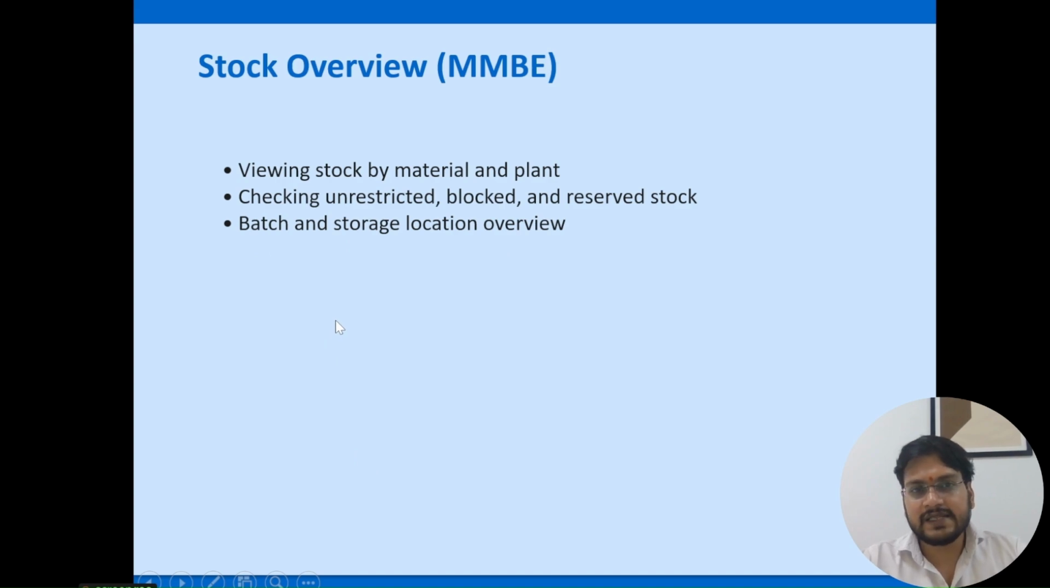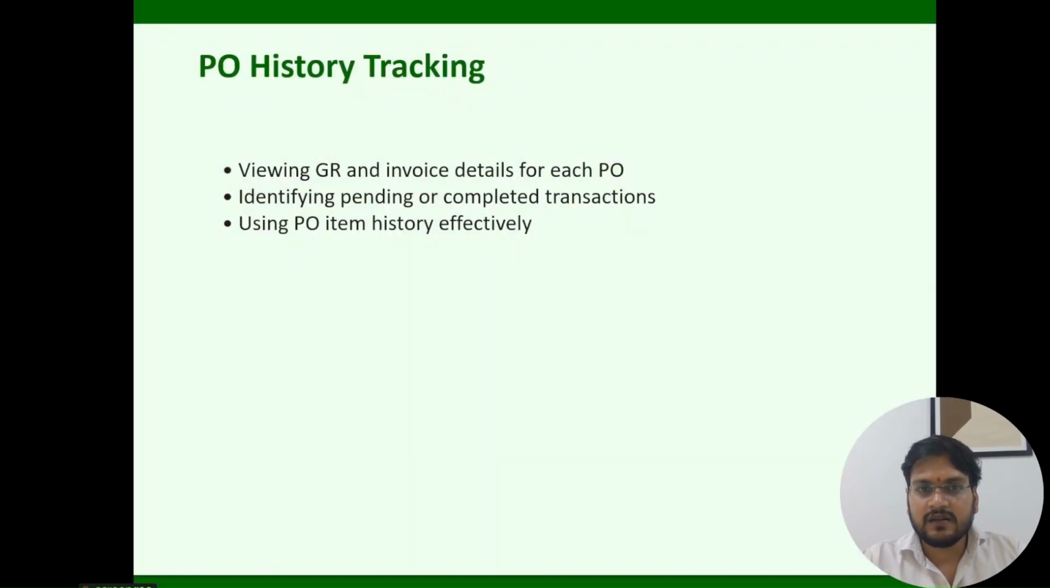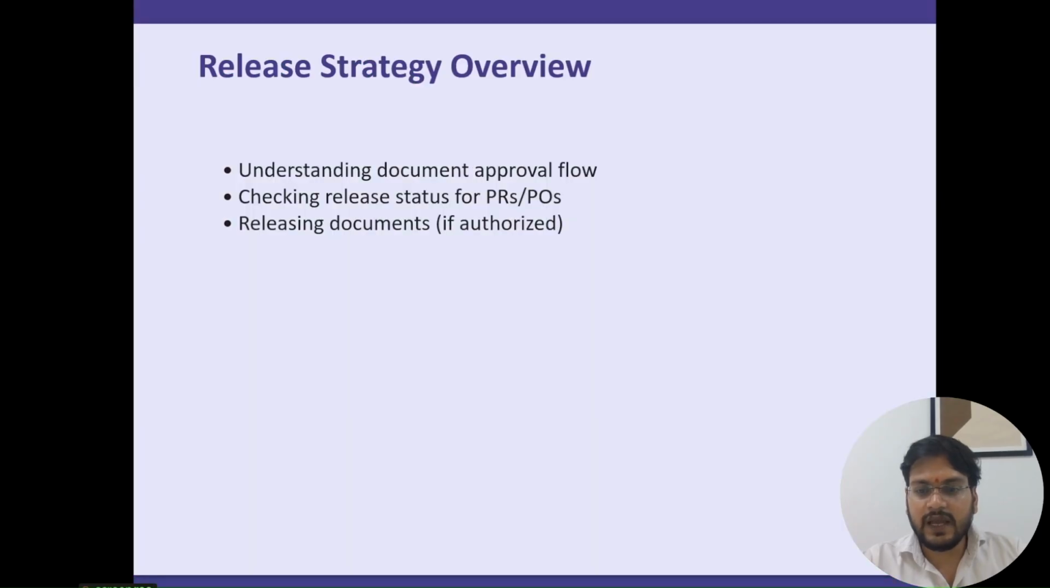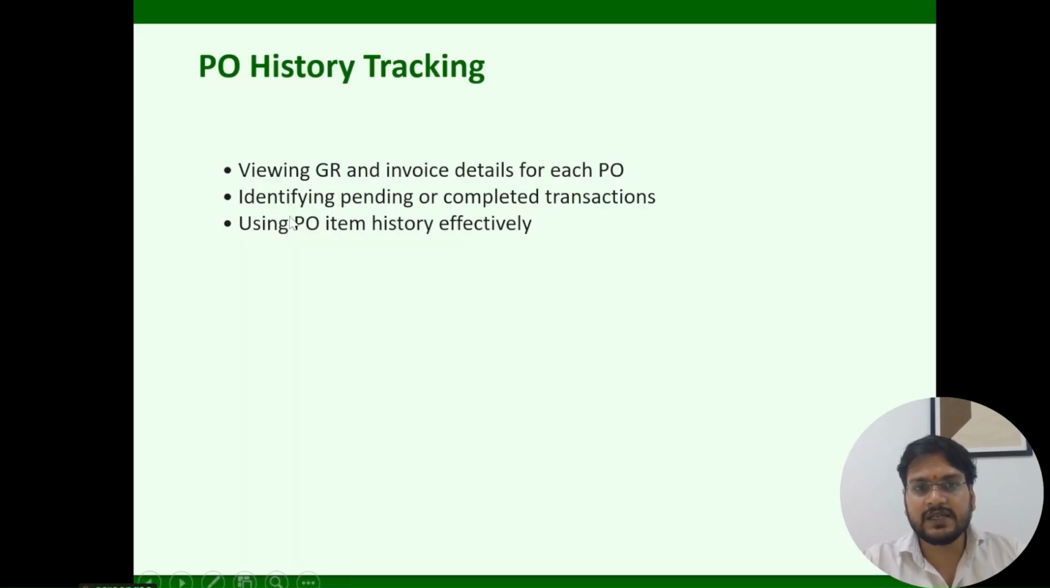And stock overview, like as an end user, how can you check stock, how much stock is there in our company's premises, how you can track that, how you can see that, all we have seen by using T code MMBE. And how we can see the postings by using T code MB51. So that all also we have seen. And PO history tracking we have seen, like how we can see the status and PO history in ME23N,